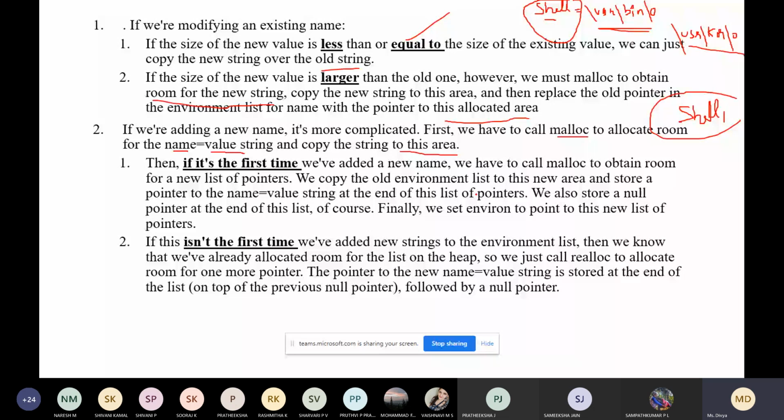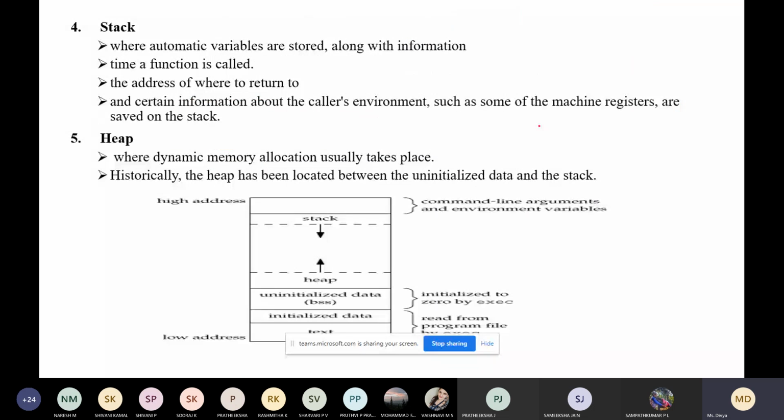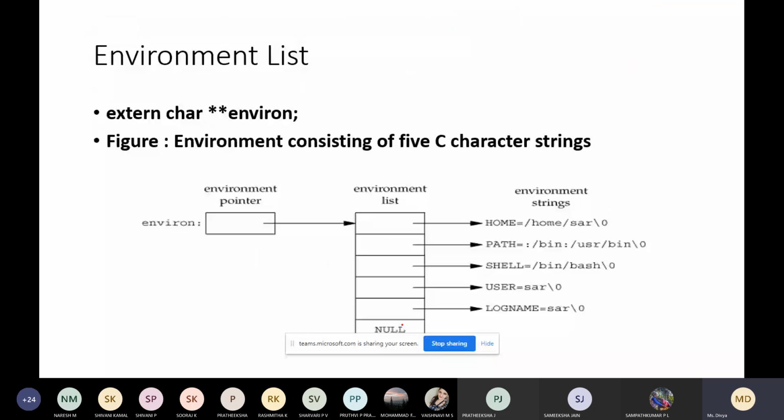You have to terminate it every time. Remember, this null pointer is very important. And finally, set the environmental pointer to this new list. So you need a pointer here. Like this you have to set the pointer for the new list. If you are adding, you have to set a new pointer and write the new name and value pair.